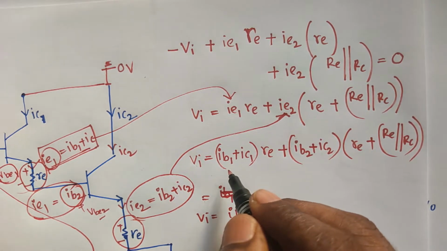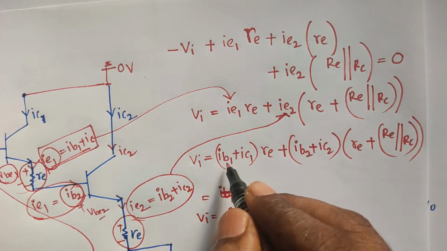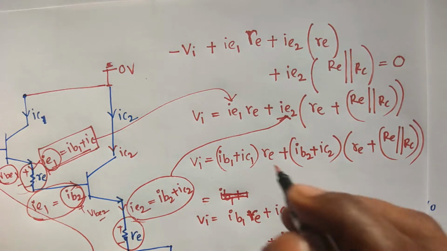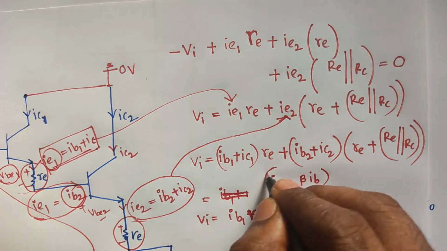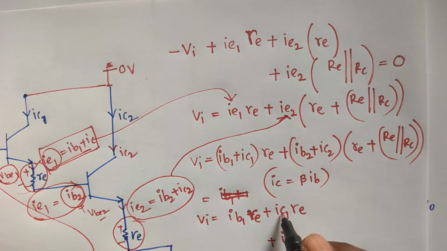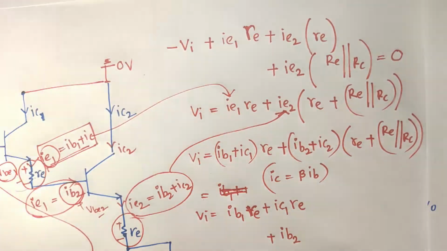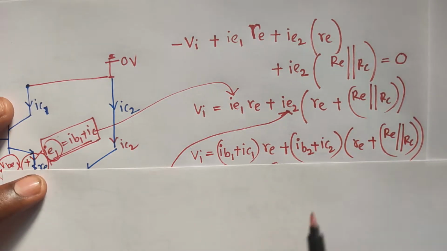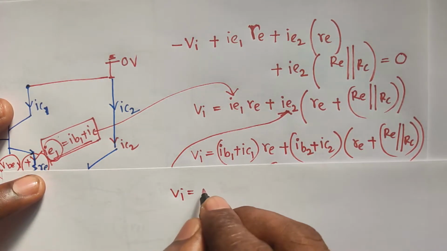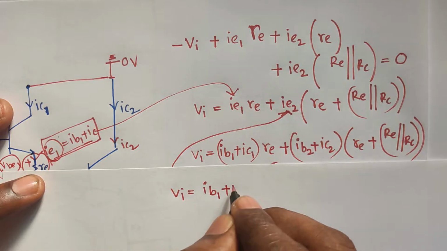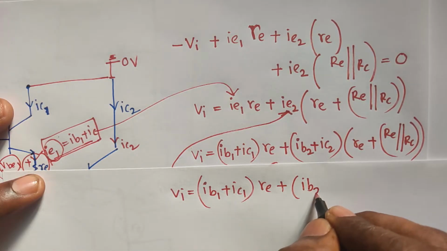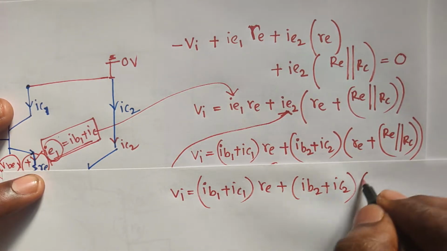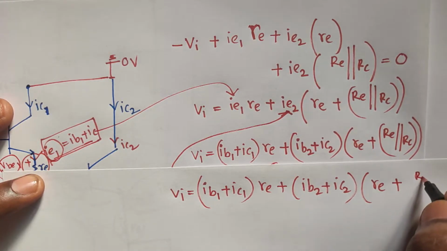In this expression, the IB1 value is very, very low. So simply you can consider IC is equal to beta into IB. So in this expression IC1, I am writing carefully here. From this expression VA is equal to IB1 plus IC1 into RE plus IB2 plus IC2 into RE plus RE is parallel with